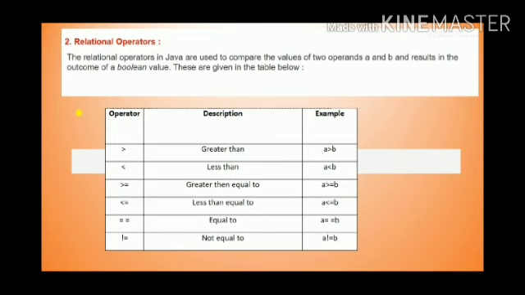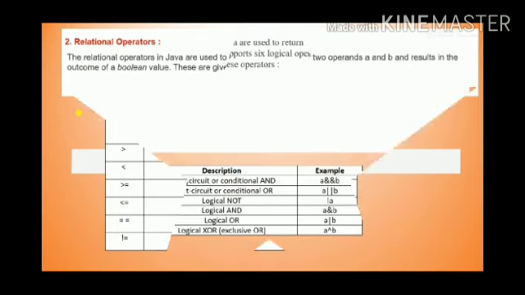Like in maths we write a, then equals to sign, and then b. So here we have to show a, then double equals to sign, is equals to b, meaning the values of a and b are the same, and if they are not the same then we have to use the not equals to symbol which is given at the last.